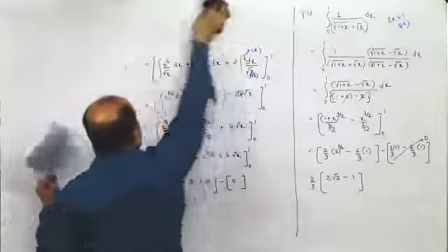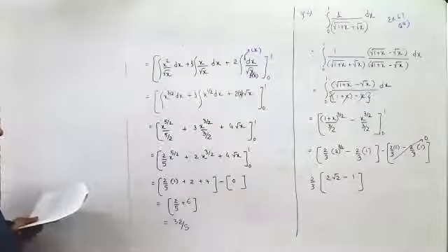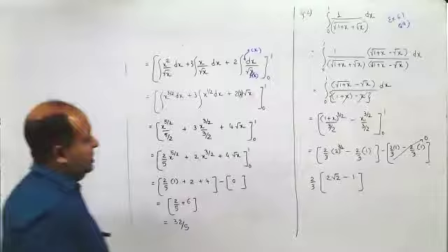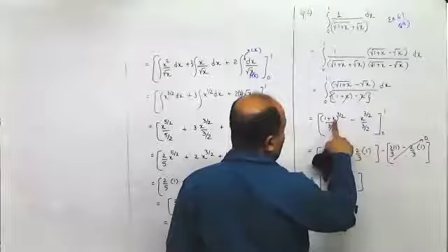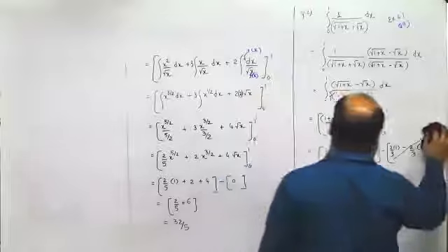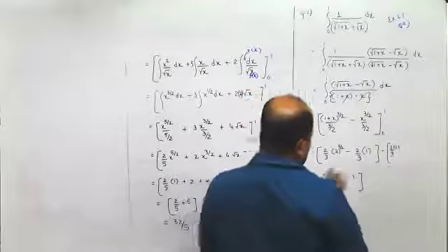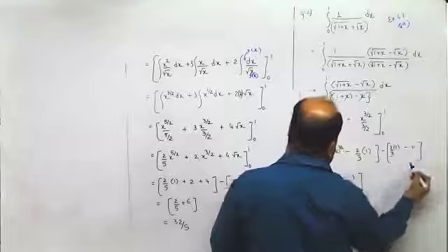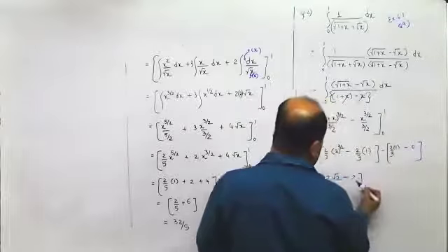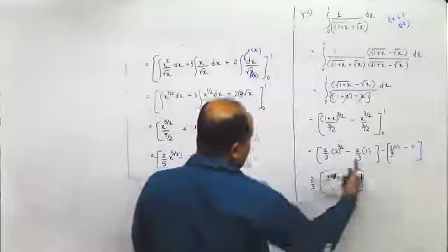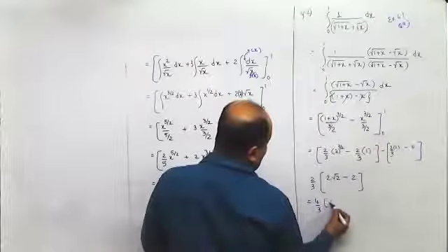Sir, see, we substitute zero in the second last step. So the second term will become zero, but the first term will remain. Right, this would be 2 by 3 into 0. So this would be minus 1 and here also minus 1. So this would be 2 and minus 1. So this would be 4 upon 3 into root 2 minus 1.